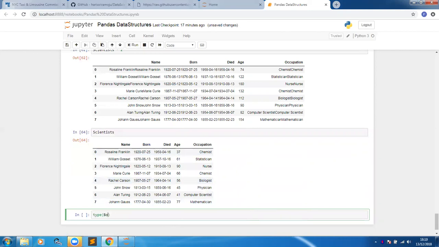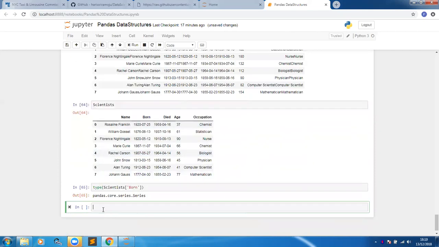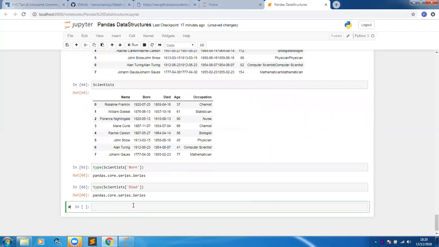Say scientist of born, the type of scientist of born. It is a series. But if I wanted to know what types of values it is holding, I can simply say